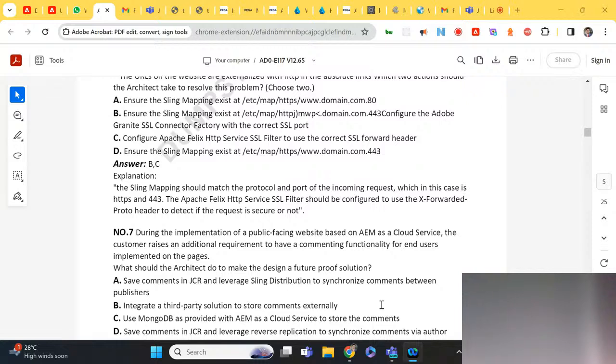So we know that user generated content we will not be storing in JCR. That much we are clear, because that is a huge amount of data in a short span of time. We try to not keep it in JCR as much as possible. That you all understand, right?